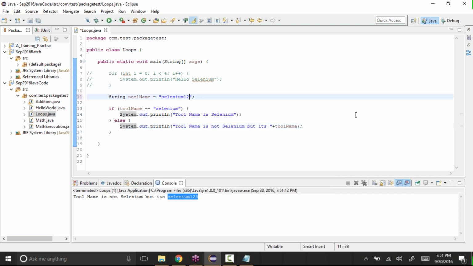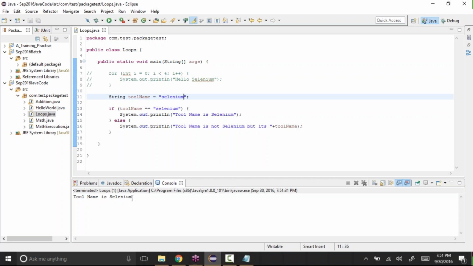And if the condition becomes true, see, save it and run it. See, toolName is Selenium. So when the condition becomes true, it will go into the if part, and if the condition is false, it will go into the else part. Okay, that's what the if loop is.